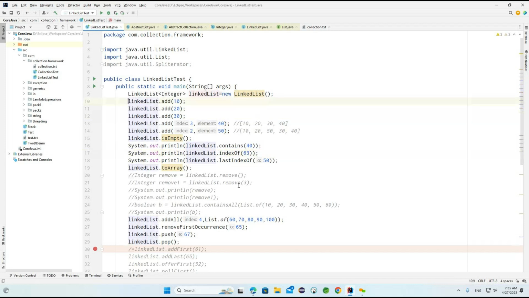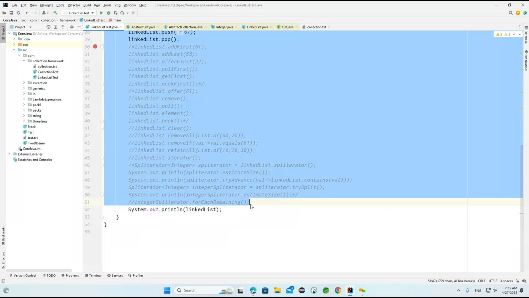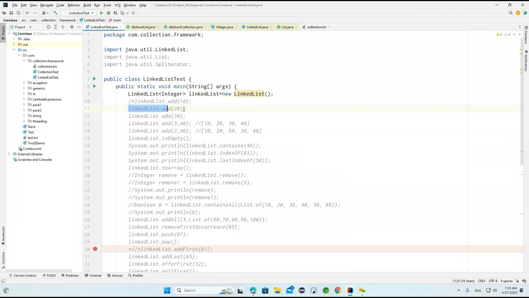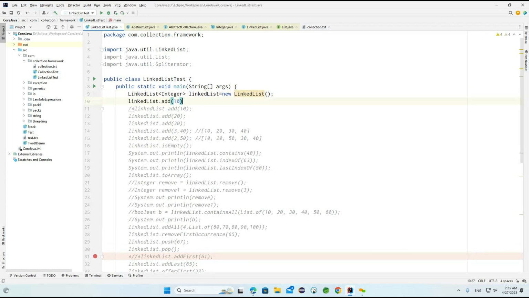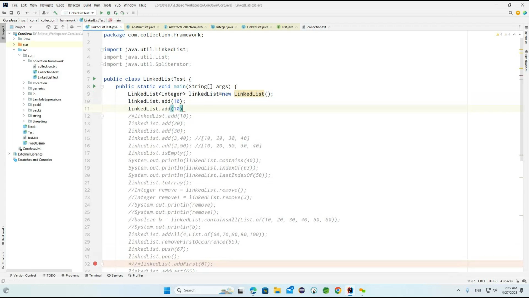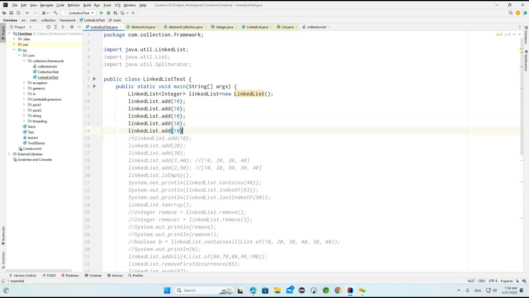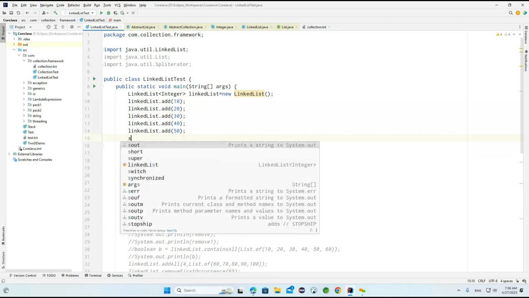here. Okay, now what I will do is comment out all the steps we discussed so far here. Now simply I will call this particular method, the add method. Okay, so in the add method I'm giving 10, then 50 and 40, then 30 and 20. Now if I'm trying to print these values,